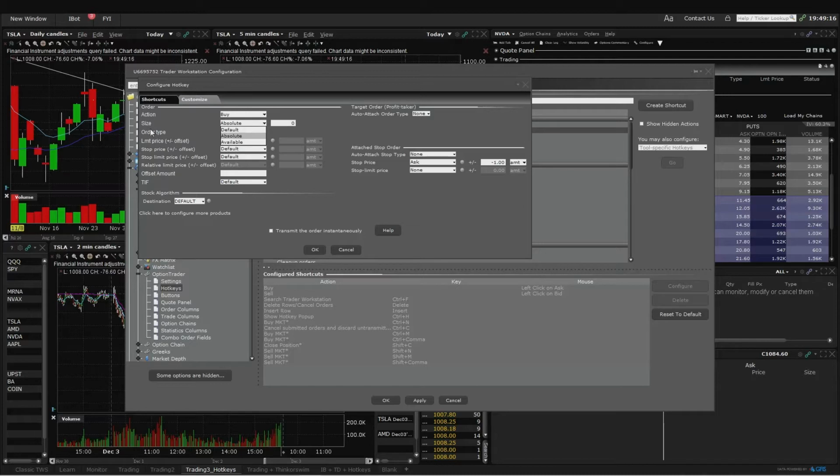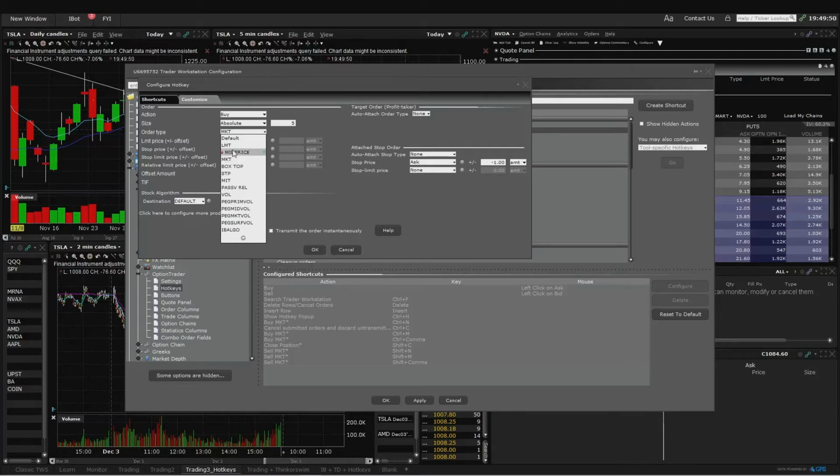Like for size, if I go to absolute, I can select if it is one option or five options, depending on how I want to. I just select five here, and I need to select the order type. I selected market because I generally trade on market prices. I hardly use limit. It's only when the spreads are huge that I use limit. Unless that, I just use market. That's how I trade right now. I might change in the future, that's a different story, but you can select the order type here.